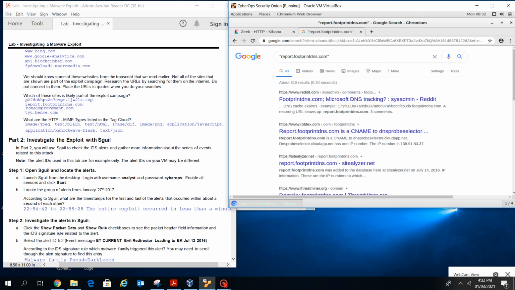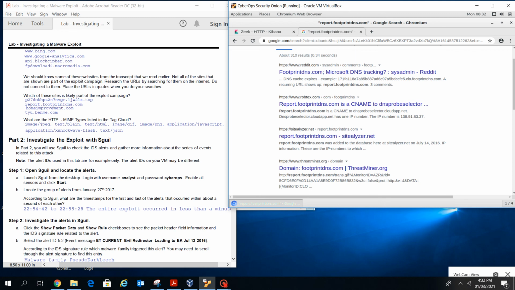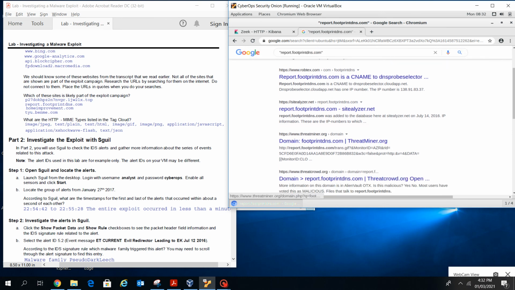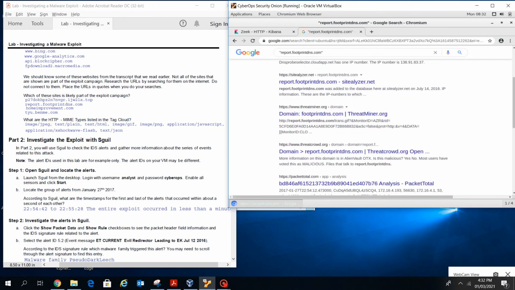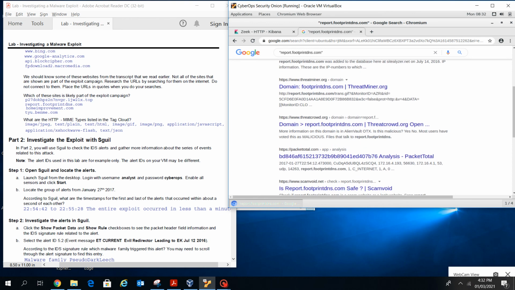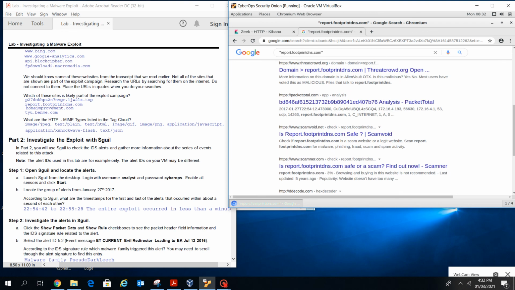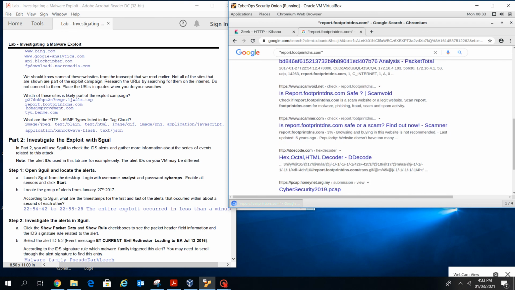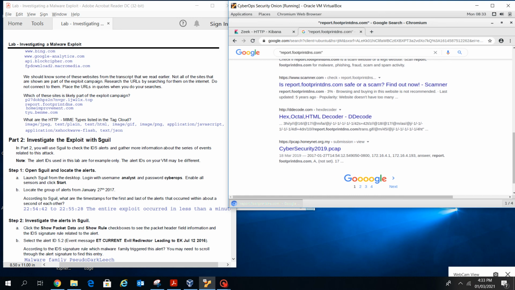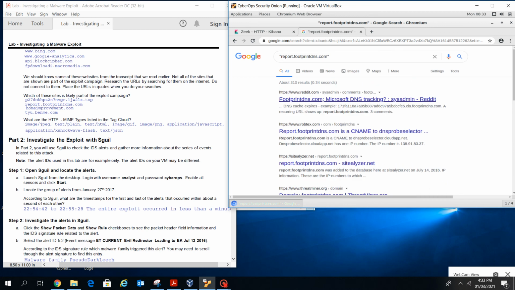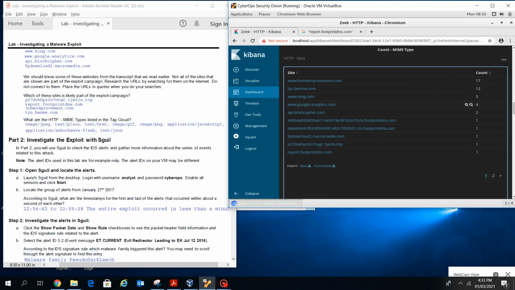From this website you can also find ThreatMiner, part of threat, packet total, also reporting it. Then some of the scam, so it can be considered an exploit campaign, not a normal website. But when you look at Google Analytics,